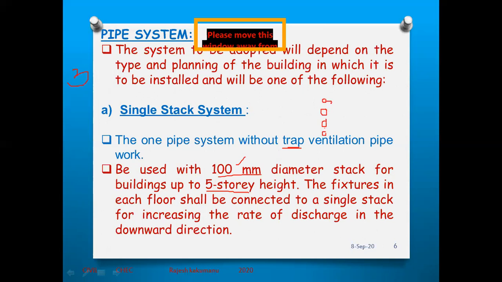So these are connected to the single stack for increasing the rate of discharge in the downward direction. It is simply used in the single stack system, right? So that's why whenever you are designing a house, the bathrooms are in one place,